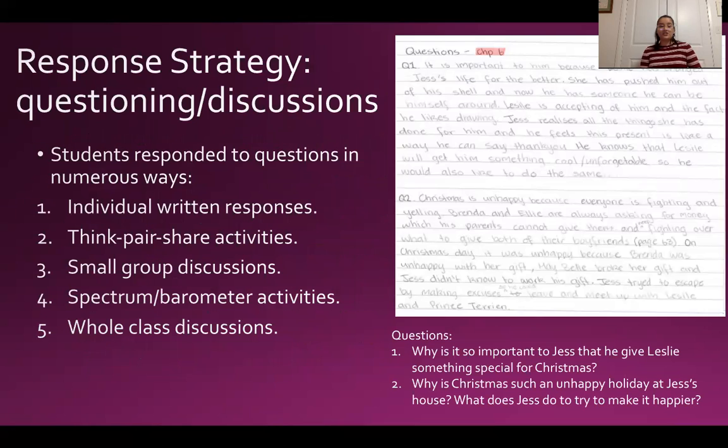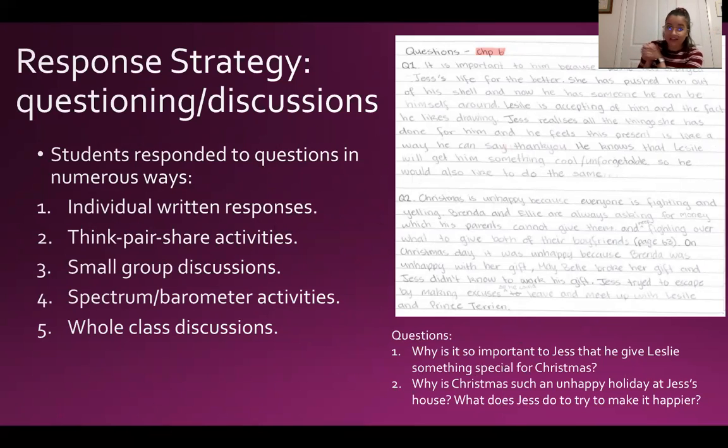Okay, so this is just one example of, when we were doing questioning and discussions, we did this quite a bit, and I got students to respond to these questions in numerous ways. So we had individual written responses, which I've just got an example there of student 13, and those were the questions just below of this response. I won't go through it all. And we also did a lot of individual written responses like that, also good at developing literacy skills, a lot